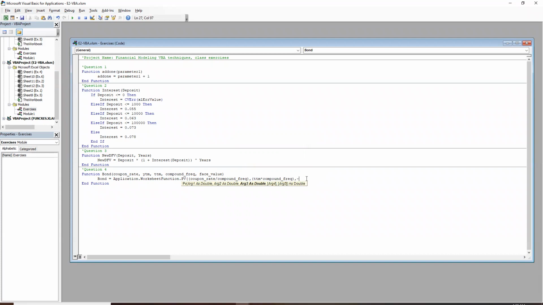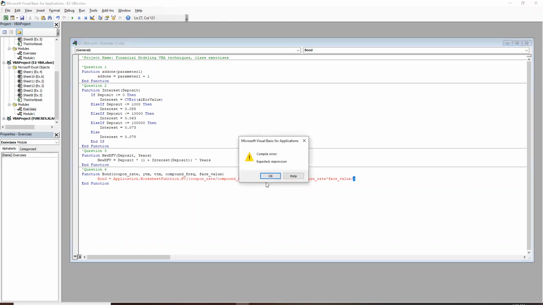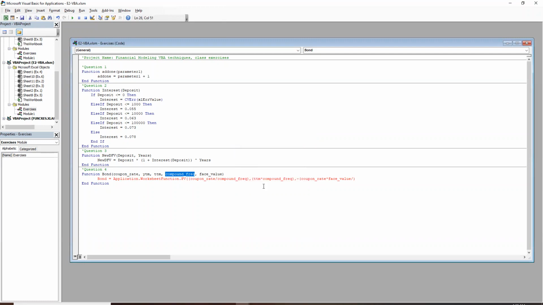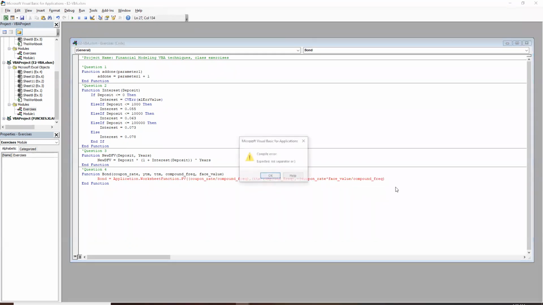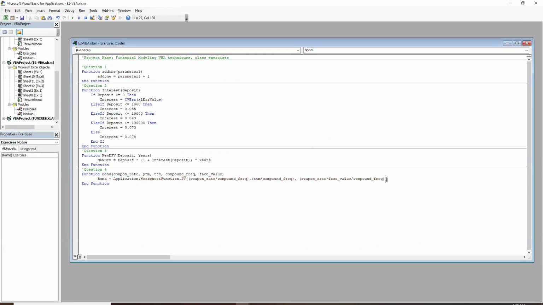The third term will be the payment, so I should add a minus sign here, bracket. That should be coupon rate times face value divided by compound frequency. Finally, I close the bracket, plus